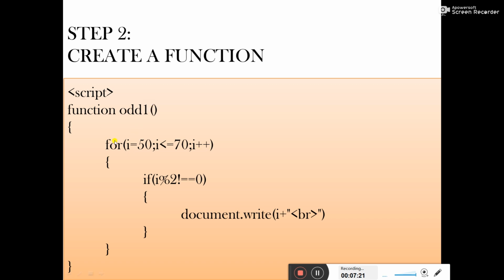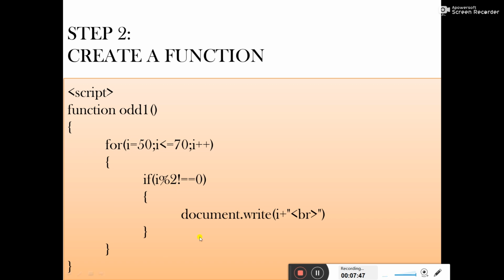Then this is the for block, starting from this curly bracket, ends with this curly bracket. In this, we are supposed to display only the odd numbers, right? So what are the odd numbers? Numbers which are not totally divisible by 2. After dividing it by 2, it will give us some remainder, right? So that is called an odd number.